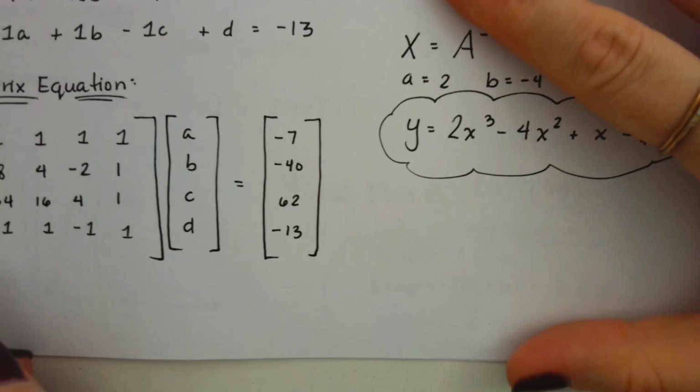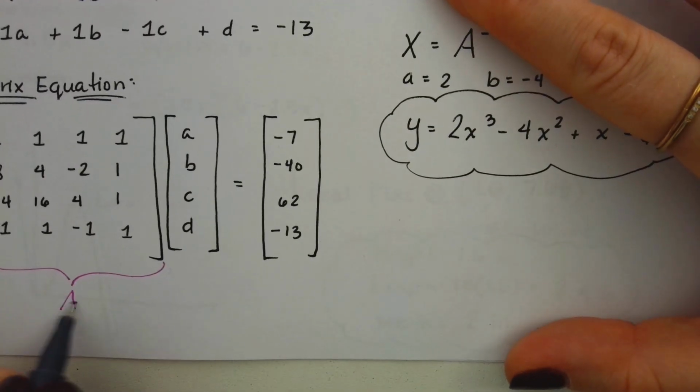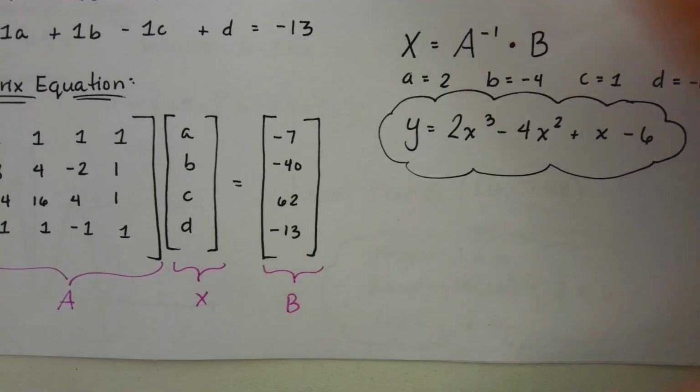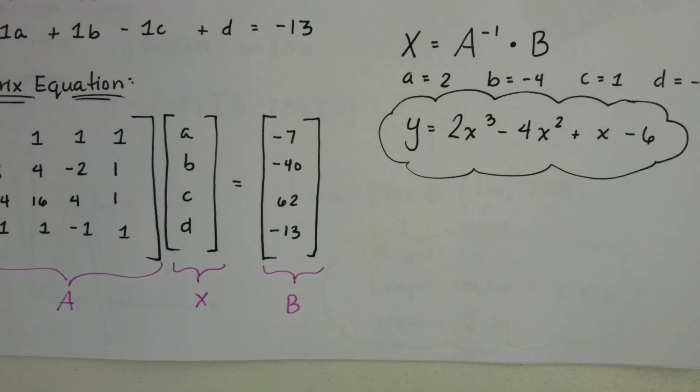Just going to label this one. This was A. This was our variables. And this was B. All right, we're going to switch it up on the back. On the back side,